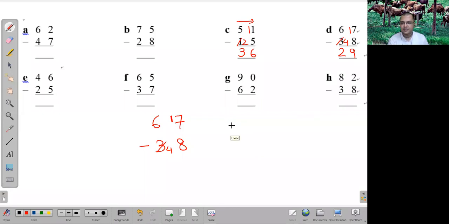Prabhuji, this is Akshay. To say how this works: you took from the ones place, you add 7, you minus 7 minus 8, and that 7 is a lesser number than 8. So you have to put a 10, and then in order to borrow from the tens place, you need to add 1.